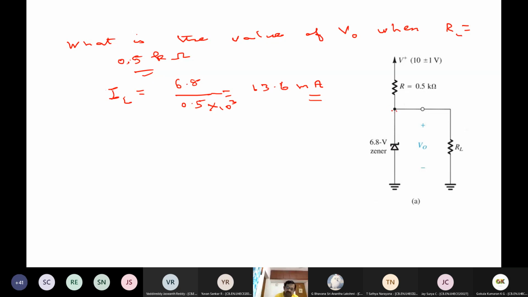The nominal voltage is 6.8 and this is 0.5. The maximum current that can come from the supply is possible, even if you take 11, it is not going to change. So the maximum current that is possible from the input power supply